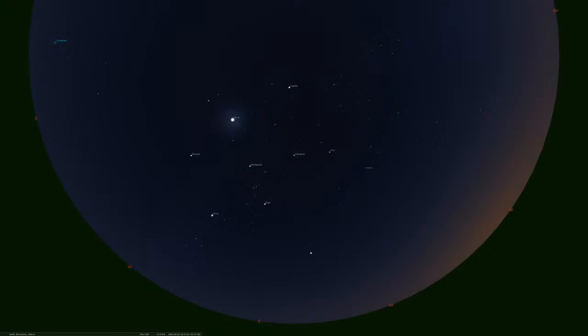Now, the first thing we'll talk about is our moon, because the moon is our celestial companion, and it's really, really easy to see tonight. Right at sunset, you'll see it. Actually, you'll see it outside right now as well, but at sunset, it'll be nice and high in the sky, really easy to see. So let's take a quick peek at how the moon functions as it orbits around our planet. To do that, let's go back to our web browser where we are going to be using...